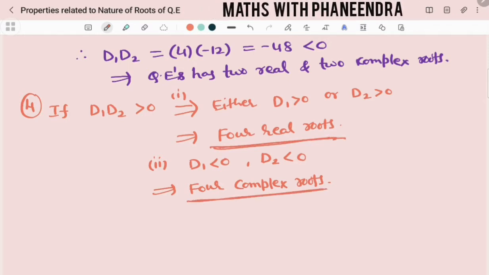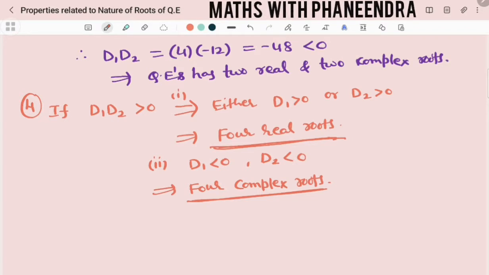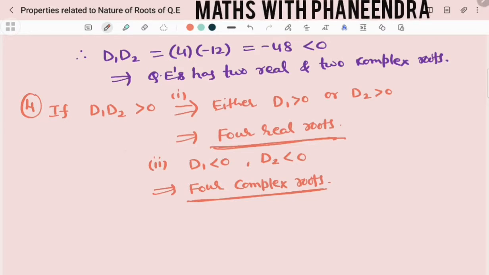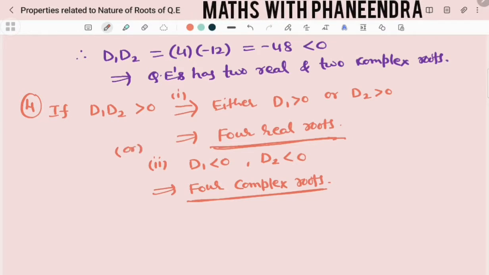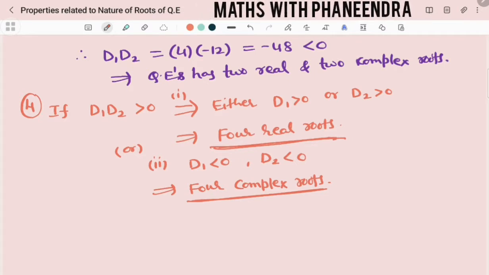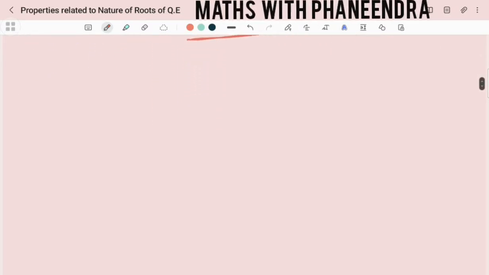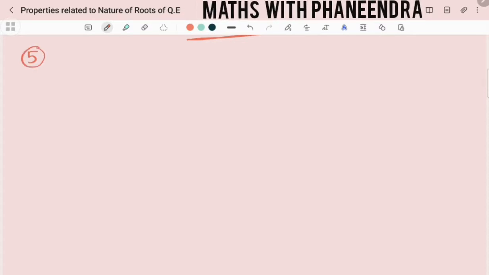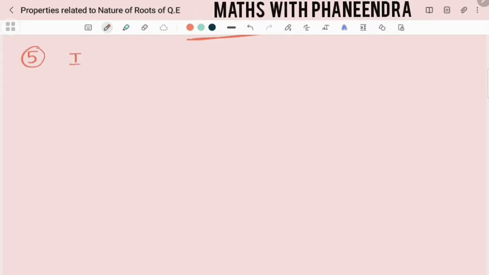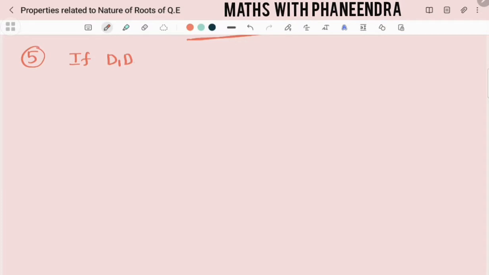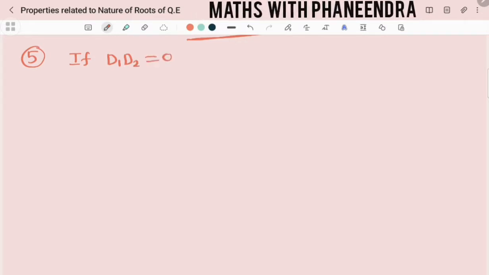This you have to remember, dear students. Either this case or this case is possible. When we have an example, at that time I will discuss. So the last one, the fifth property regarding d1 d2 cases. Property number 5: if d1 d2 is equal to 0, suppose the product of discriminants is equal to 0,